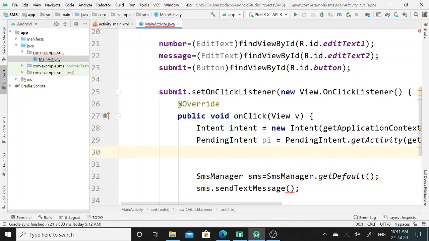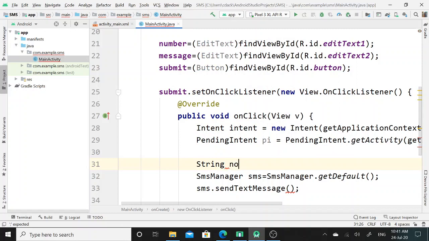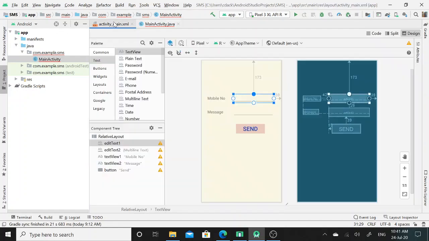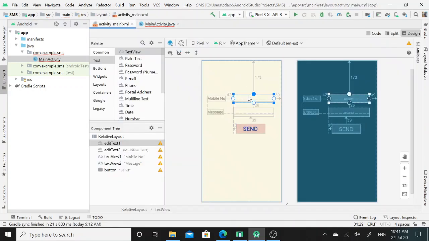So here, before this SMS reference of the SMS manager class, I will declare one string variable, that is number. It is of string data type, and I will assign this contact number value to this number variable. So how can I get whatever contact number is entered by the user?